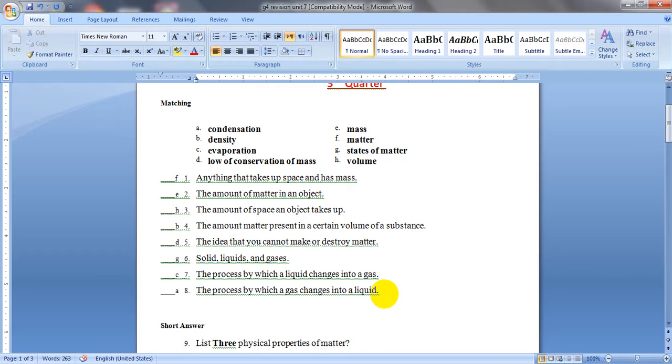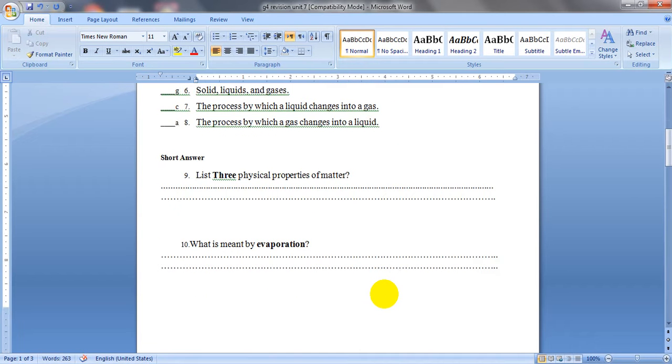The next question, we have here short answers. Number 9, list 3 physical properties of matter. Let's remember together what are the physical properties. A physical property is the property which could be measured or observed, like